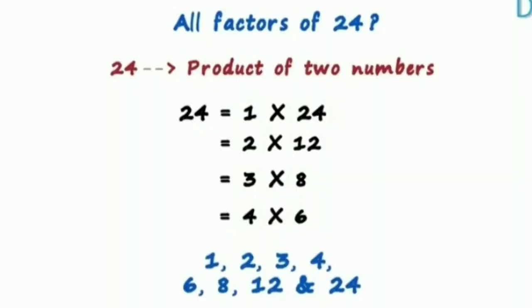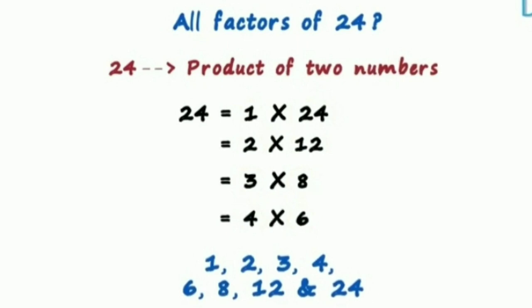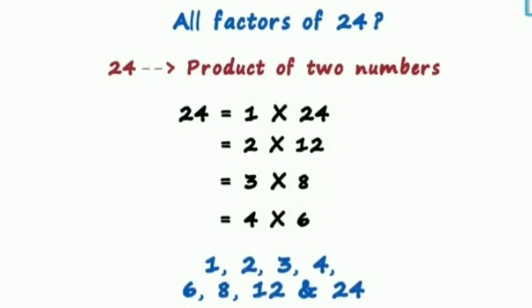Let's take more examples to clarify your concept. Now what I have to do here, I have to find the factors of 24. So factors of 24 can be the product of two numbers. Let's start with our concept. First of all, the first factor will come out to be 1 into 24, as you already know. Now second, count the table of 2 till 24 comes. Now you will say that 2 tens are 20. How will you find out that 24 will come? You have to do a division in rough work. When you divide 24 by 2, you will get the quotient as 12. So the factors of 24 are 2 and 12.